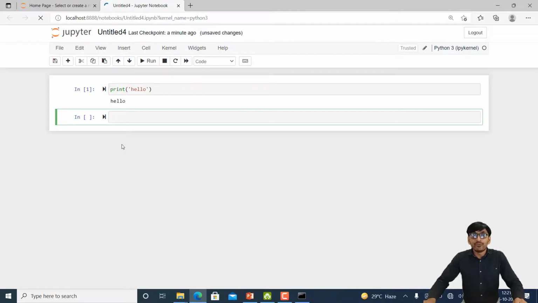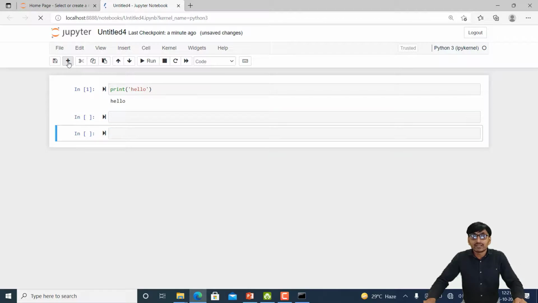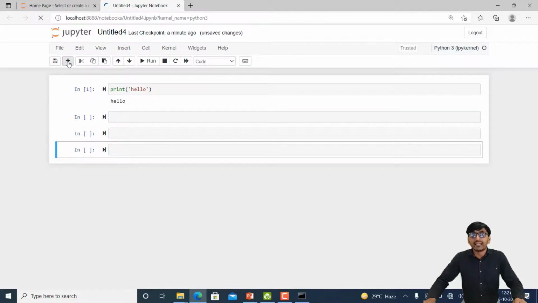And if we want to increase the number of cells, then click on this plus button and the number of cells increases. Then there is File, then Edit, then View, then Insert. These are the different menus.